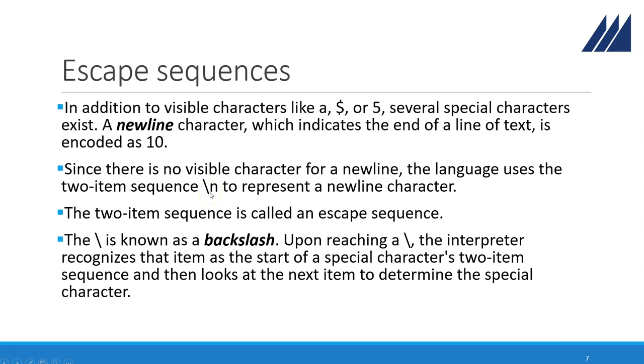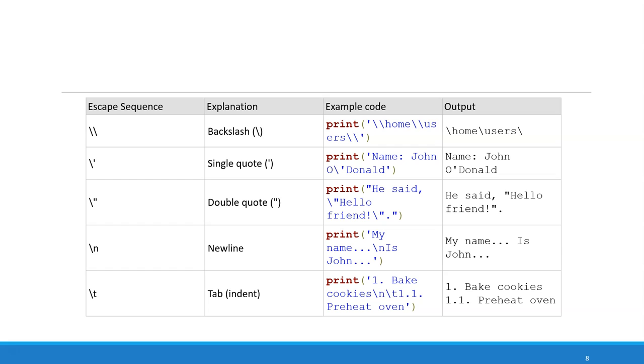What happened? Python understood this as an escape sequence. For Python, this sequence means new line. So it's going to take you into a new line. And there are some other special escape sequences that we are probably going to need in the future. Okay, what if I have inside my string double